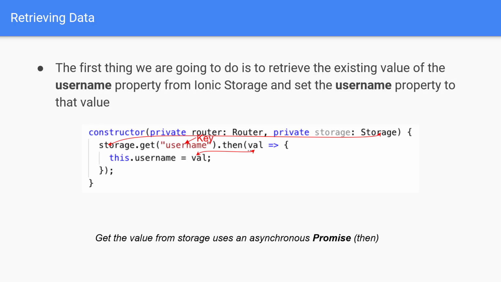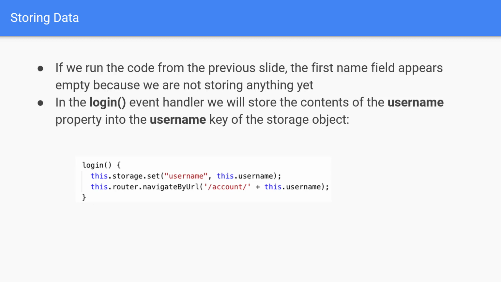The first thing we're going to do is to retrieve the existing value of the username property from Ionic storage and set the username property to that value. This is an asynchronous process, and you can see the promise then syntax being used. The value that is passed back via the promise is assigned to the local instance of username. If we run the code from the previous slide, the first name field appears empty because we are not storing